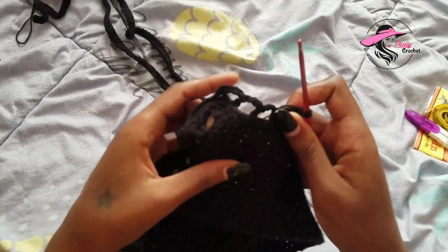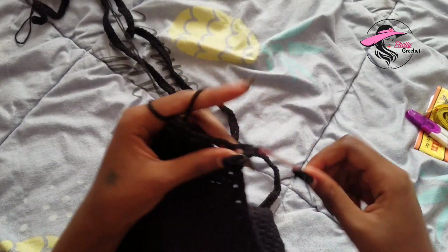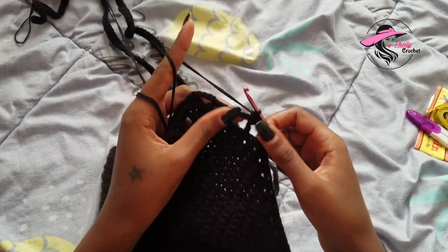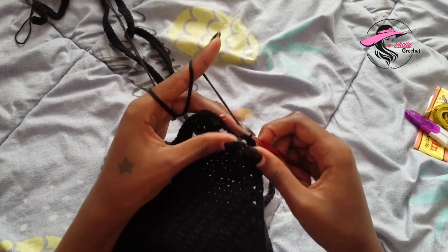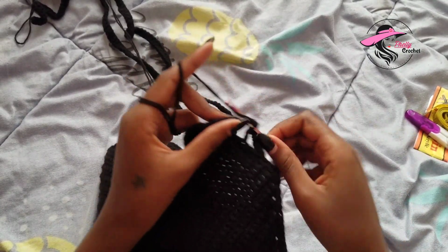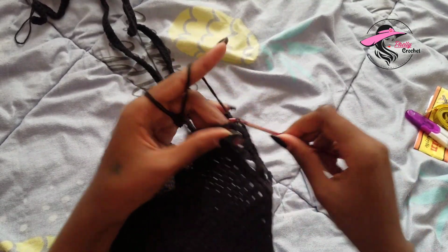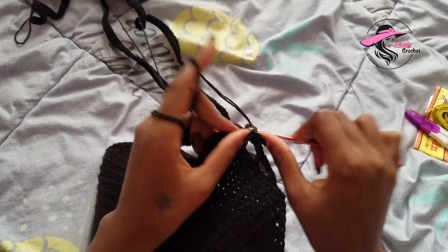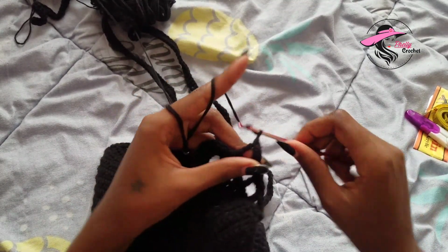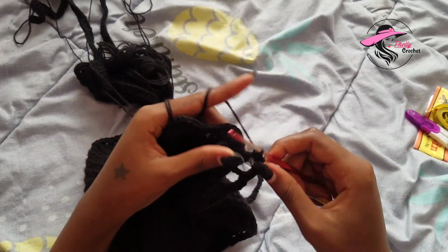and then I am going to single crochet in every space. I'm going to put 3 single crochets in every space, and then 1 in the double crochet space. Okay, like that. So chain 3, make 3 single crochets, and then make 1 single crochet on that double crochet space. Okay, just like that. And then in the last one we are going to make 3, then we're going to chain 2, turn, and then make 2 more on this other side, and then